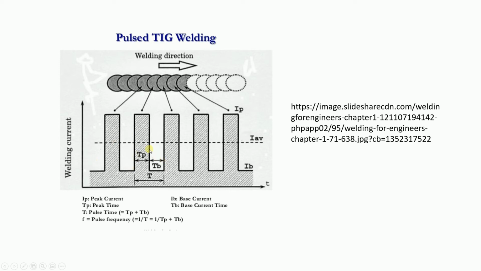Here we have some parameters like TP means peak current, TB means back current, that is a time pulse, right? And the average current is always like this. Whenever it reaches the peak current, it will perform the weld. Whenever it reaches back current, it will not do anything. This will happen in a fraction of a second. In connection with this, we have one additional parameter, that is frequency, because we are doing the time pulse, so time can be easily related with frequency.